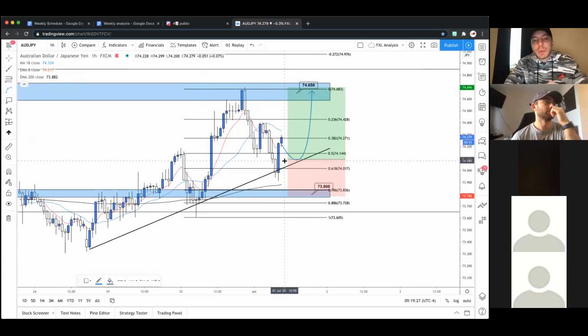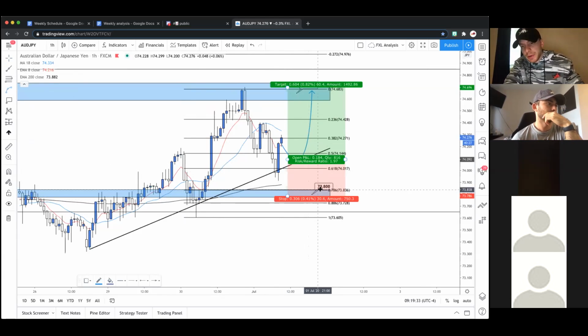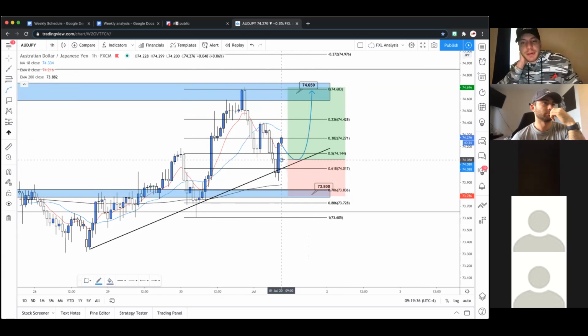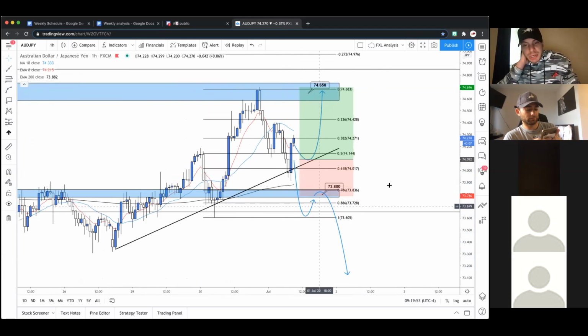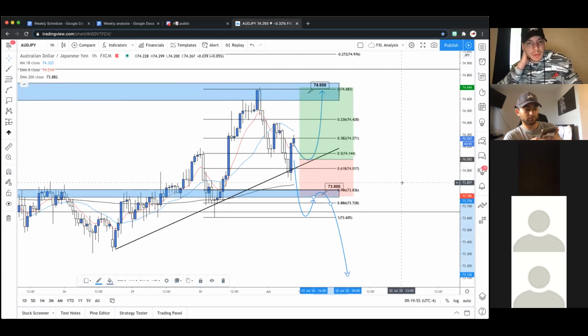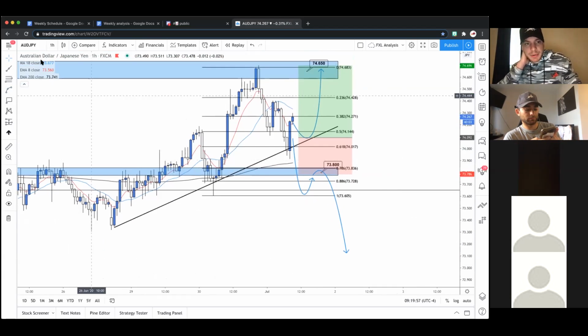To go short, what do we need to see? We need to see a break of this higher low clearly, and then ideally a nice break of this higher low as well, which lines up very well with this support around 73.8. So I would like to see this. I will consider shorts after I see this. Nice break, confirmed higher low, lower high, and then I'm entering on those bearish setups just outside of 73.8, right? That would be enough confirmation for me to say, okay, we're definitely transitioning to the bears. We're looking for short opportunities now. Something like that needs to happen, okay?